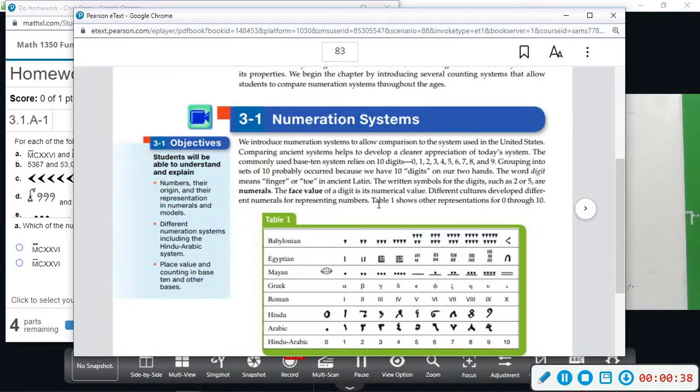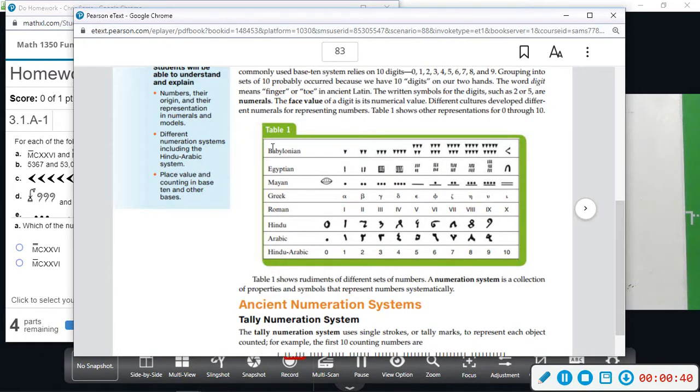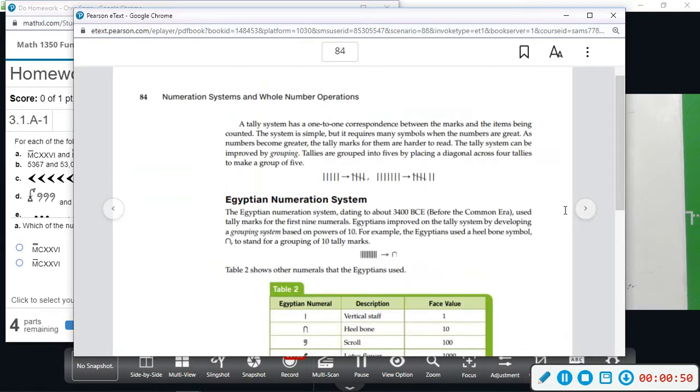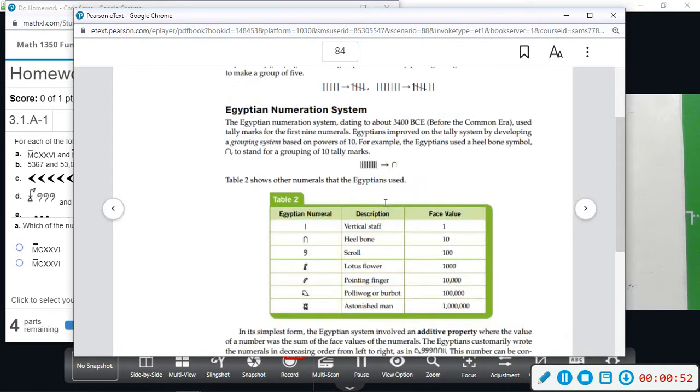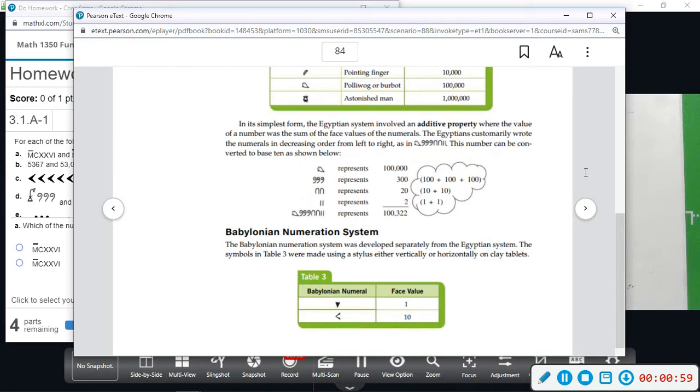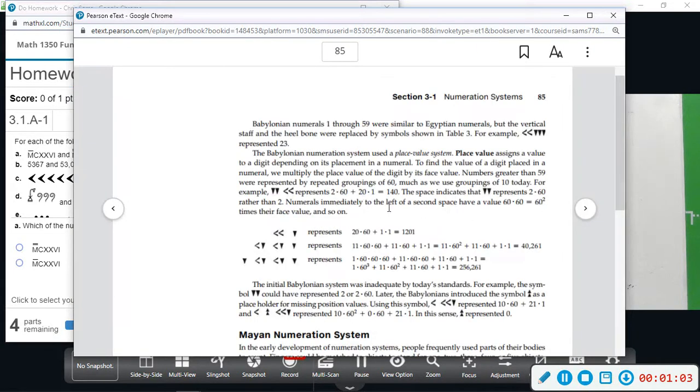Okay, so it starts out showing you the area where the numbers come from and the symbols they use. As you go through and read some of the sections, they give you a little bit more information and more symbols. Some of them even talk about multiplication and the additive property and how they count in different bases. For example,